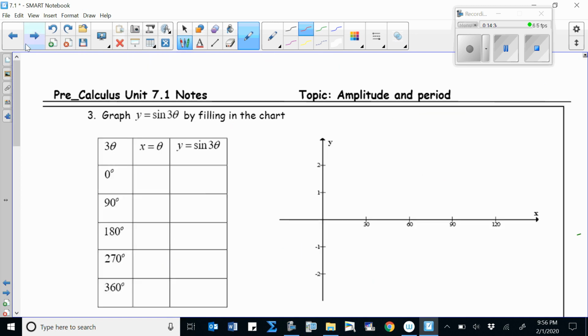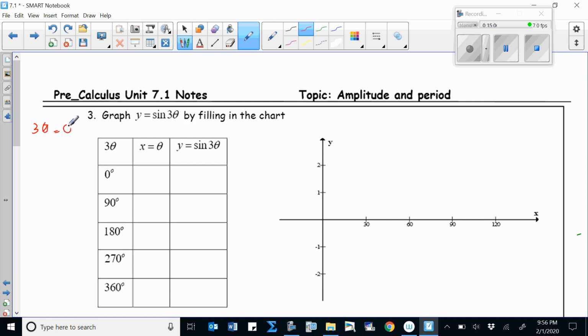Now let's go to the next page over here. When we have the graph of y equal to sine of 3 theta, how do we graph this? So let's consider this 3 theta first. To graph this function, we need to find the theta on the x-coordinate. So how do I find that? I will say, based on the value of 3 theta which is given,